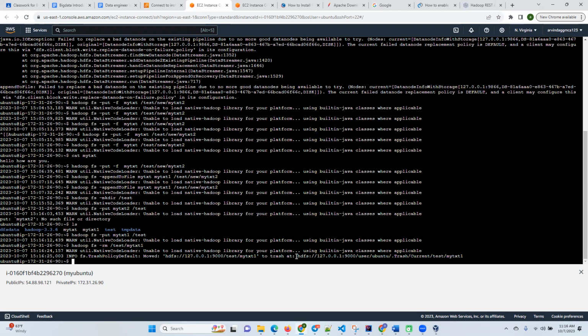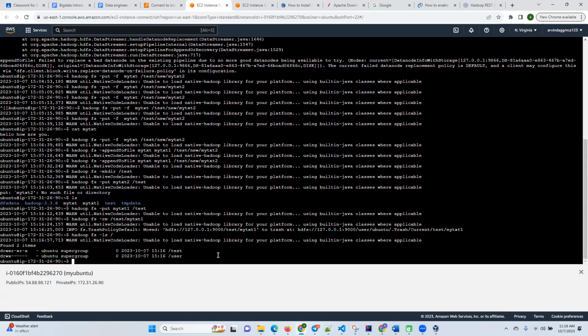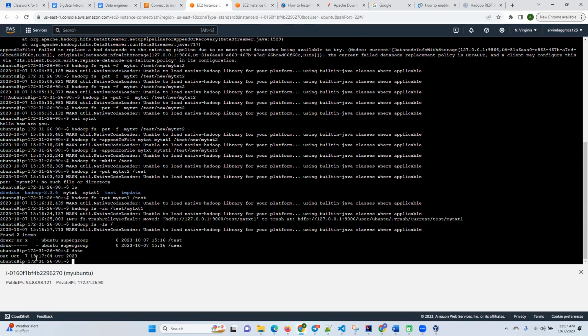So where is this trash? The trash location is this, because it is saying user Ubuntu .Trash and then Current. This is the Hadoop file system, right? hdfs://localhost:9000 and the user folder, Ubuntu. If I run hadoop fs -ls /, I see one extra folder, /user, is created. Previously it was not there. Just now you see the date, right? Just see here 15:17. So just one minute before this